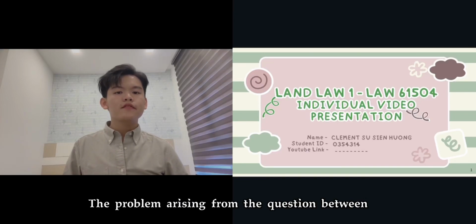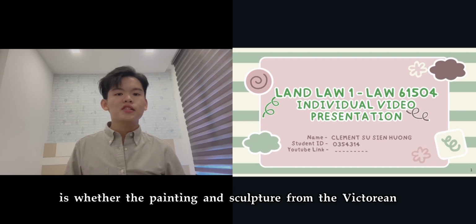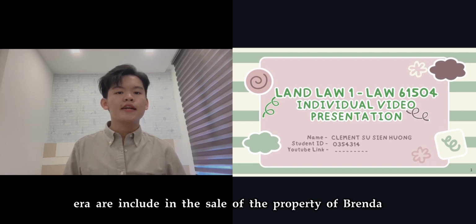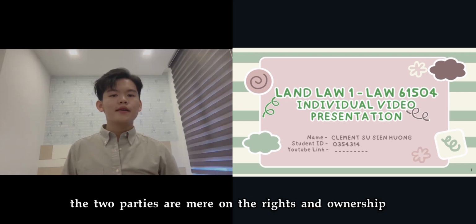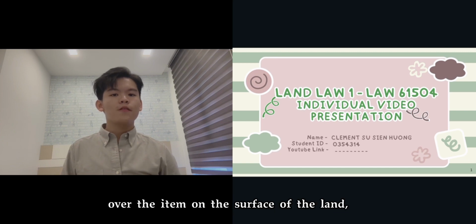The problem arising from the question between Abraham and Brenda is whether the painting and sculpture from the Victorian era, included in the sale of property of Brenda to Abraham, are held to be features or fittings. Here the problem between the two parties is mainly on the rights and ownership over the item on the surface